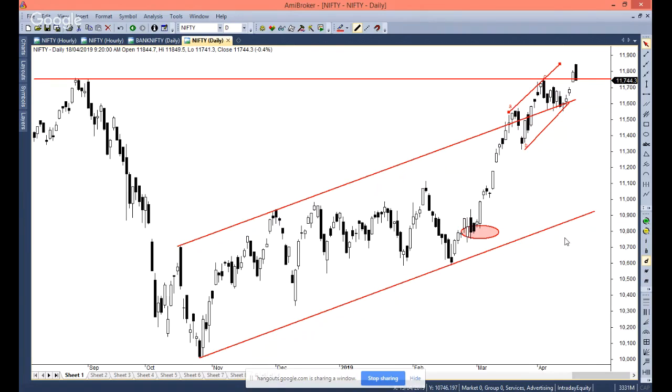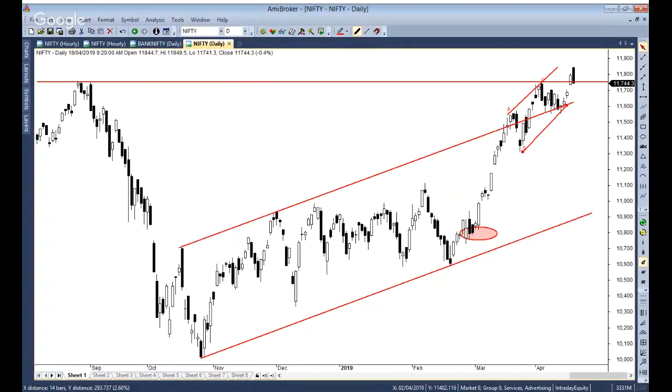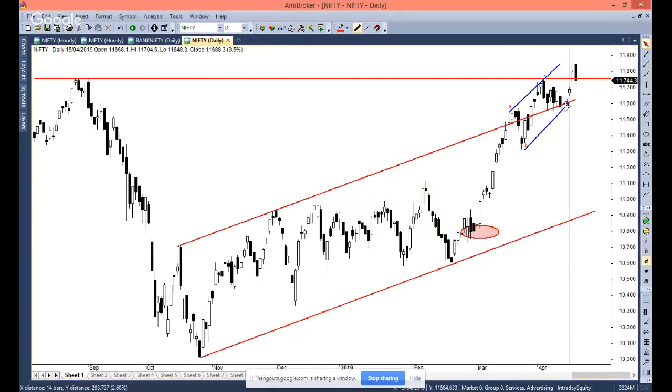support level. If you look at this, I have already drawn a channel on the prices, and you can clearly see there are two channels. Let me change the color of this one so that it's easily distinguishable. So the blue channel, which you can see, is a very short-term channel connecting the recent lows, and we can clearly see over here how this channel has been working so well on the upside. Prices bounced back from that support level and came up here, and it's now trading just near the zone of 11,760, 750, which was the previous two times peak.